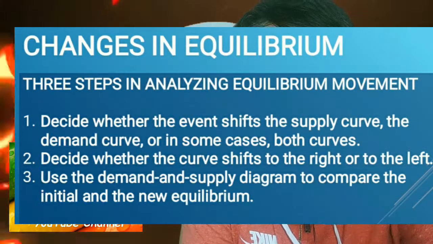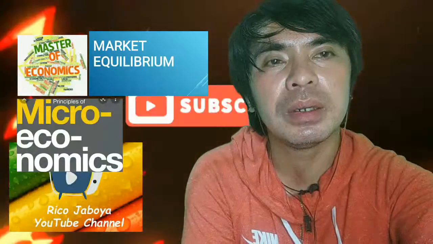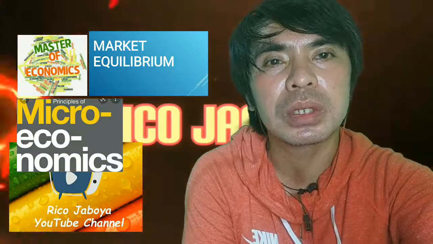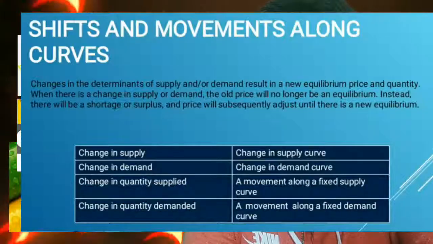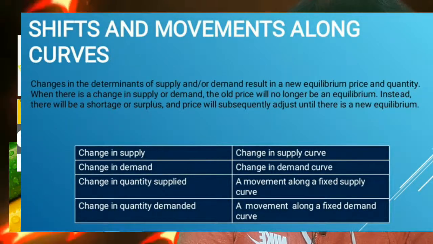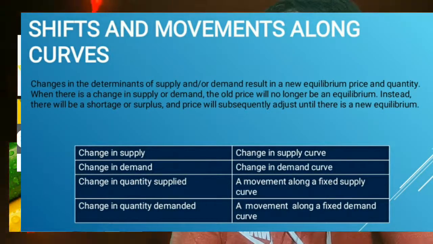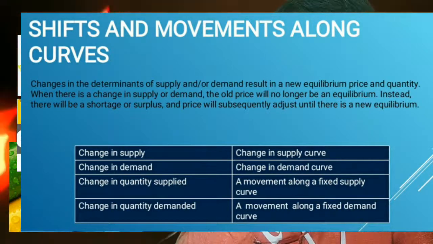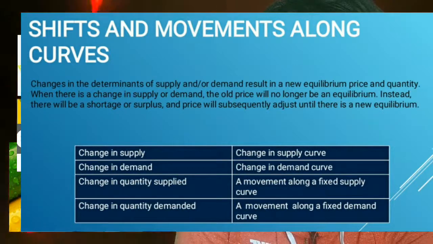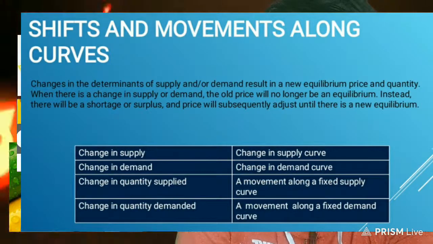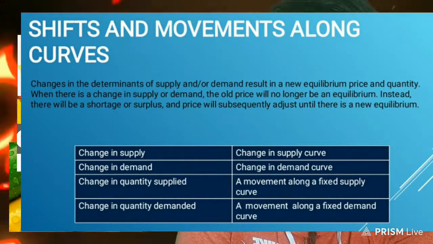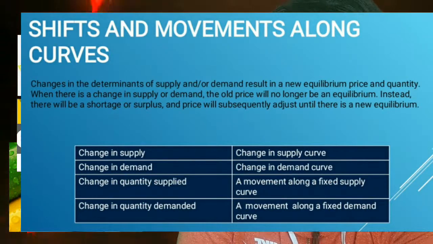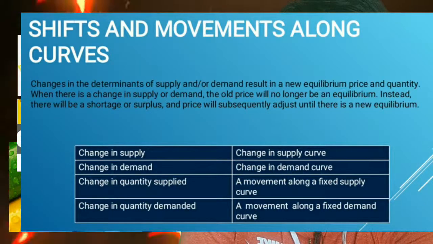So, to be able to explain this to you, let me show you the graphs, no, that we needed to study. Okay, but before that, let's look at this point. So kasi dito sa ating graph, sinabi ko na yan sa una kong mga video that we have shifts and movements along the curves, no? So let's look at this one. So changes in the determinants of the supply and or demand results in a new equilibrium price and quantity. So when there is a change in supply or demand, the old price will no longer be an equilibrium, right? So instead, there will be a shortage or surplus, and the price will subsequently adjust until there is a new